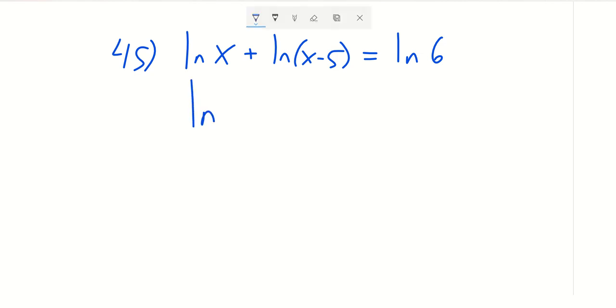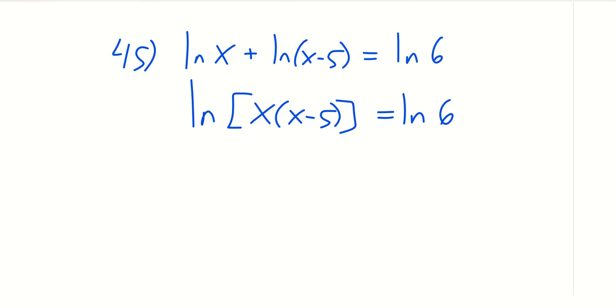Let's take a look at 45. We have the ln of x plus the ln of x minus 5 is equal to the ln of 6. This is an example of a logarithmic equation where we have logs on both sides of the equation. In order to solve this, what we want to do is condense both sides so that we have a single log on each side. We can do that by, on the left-hand side, using the product rule to condense these